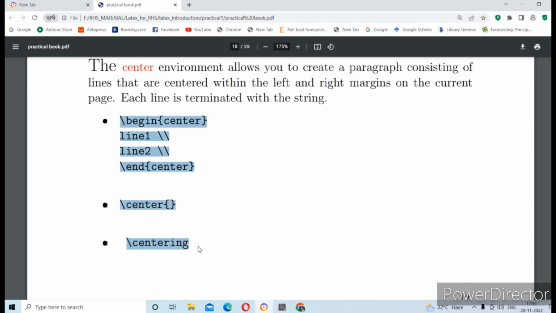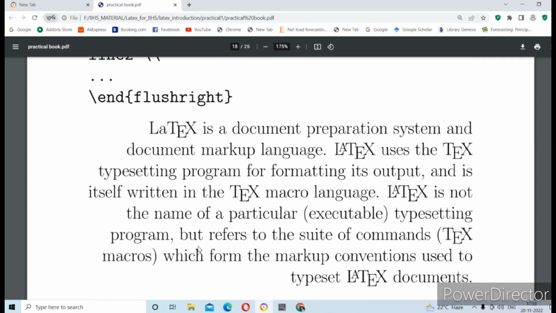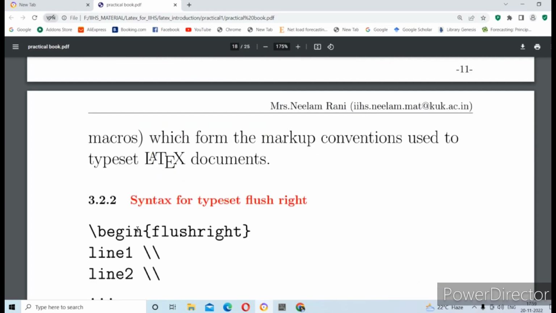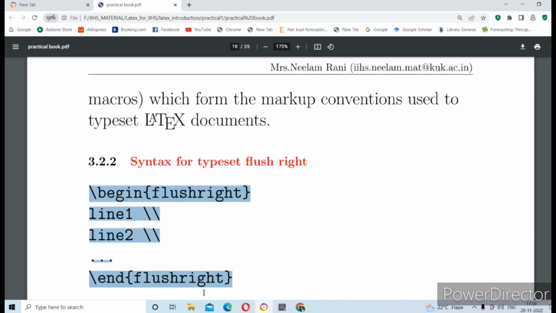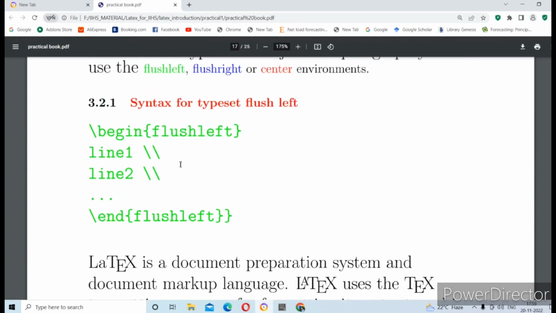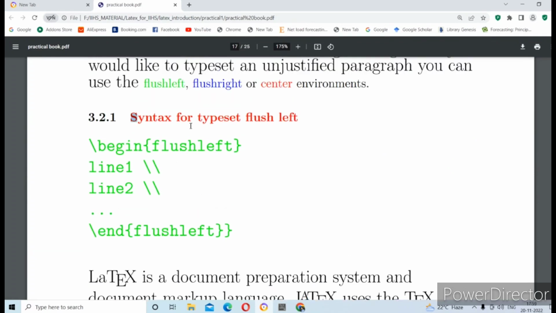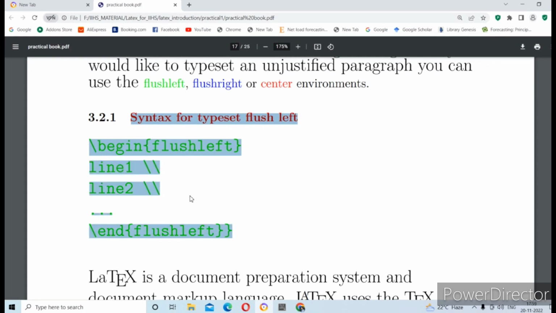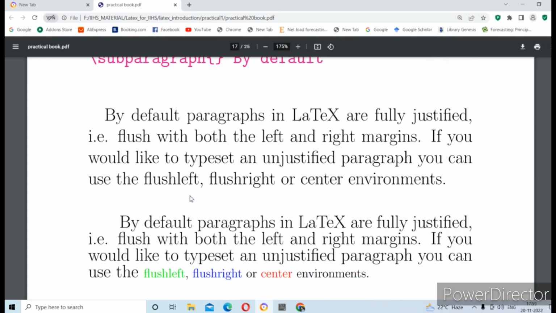This is center syntax, and suppose you want the flush left syntax. So this is the syntax. I wrote it here for you. So just before writing the practical, you should write these codes with their nomenclature. This one, and it's your syntax for typeset left justifications. So you should first write all these syntax and then write the practical,